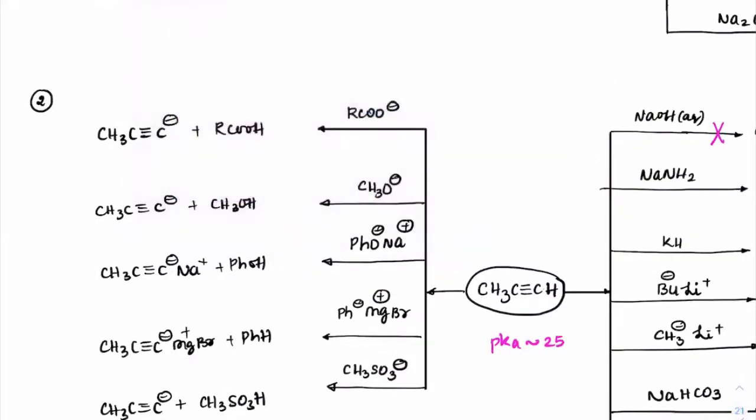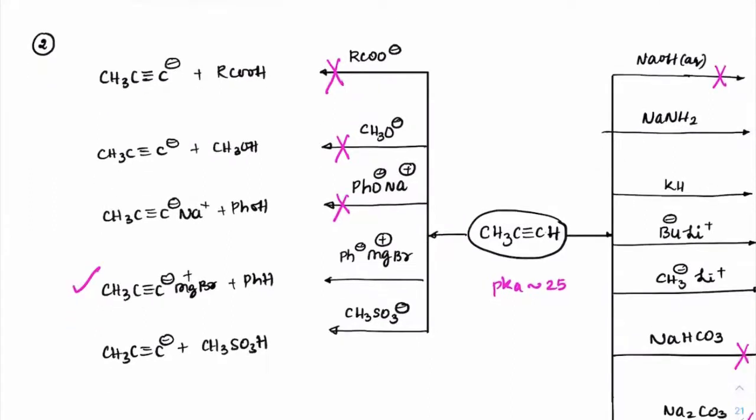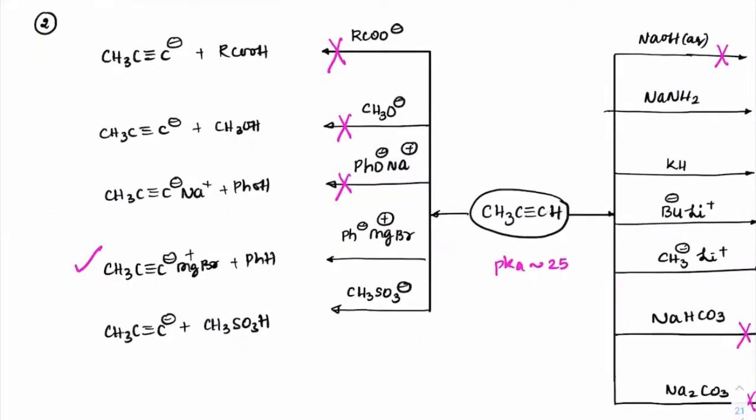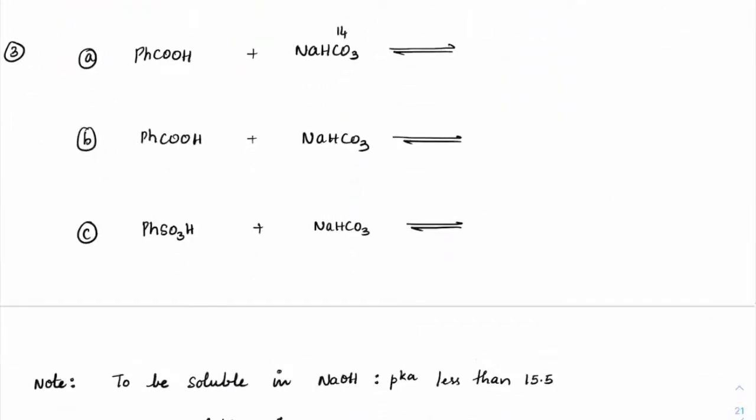Again, check out the pK values here. This is around 4 to 5, so this reaction won't happen. CH3OH is around 15.3, even this reaction won't happen. Phenols are around 10, even this reaction won't take place. Next, benzene formation. Benzene is around 44, yes, which means this reaction will take place. Last one, sulfonic acids are around minus 6.5, so this reaction is definitely not going to happen. Done. Next, see the next question.